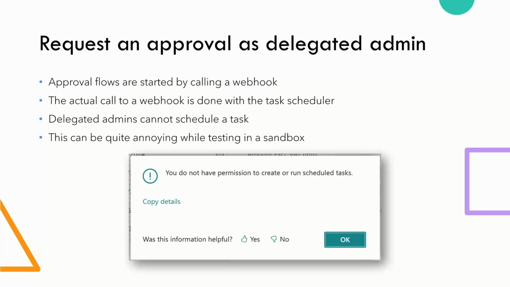So that is a little bit uncomfortable because you need to be a real user in the sandbox rather than a delegated admin. And of course, for production, that makes sense because as a delegated admin, you should never run an approval request, but for sandbox and development, it can be a little bit awkward.